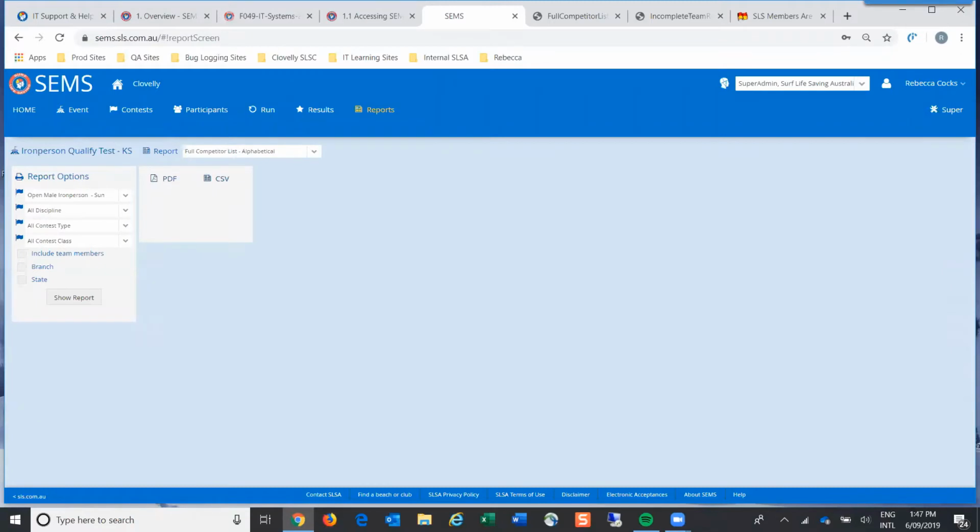In the Carnival Manager system, we had to do a surf guard update to update the information. Do we need to do that? No. In SEMS, that is automatically done by the system overnight, out of working hours. So you don't ever have to do the forced Surfguard update again in SEMS. If there are still state carnivals being run in the Carnival Manager, that is still a requirement if you can't find a competitor. But the data being pulled from Surfguard into SEMS is all done automatically now, so it's no longer required for you to do.